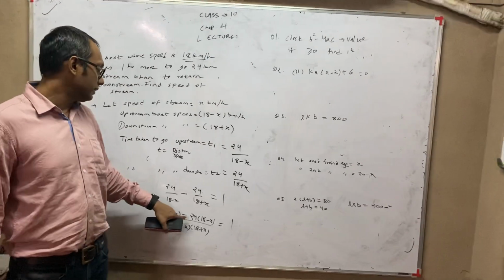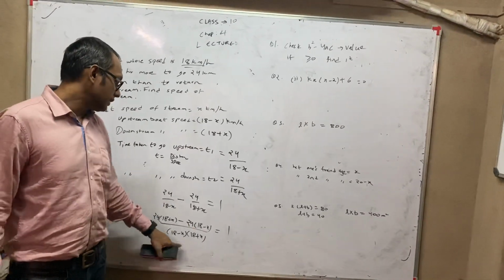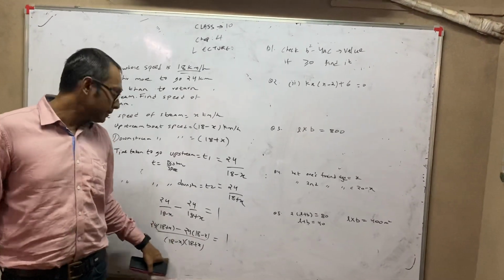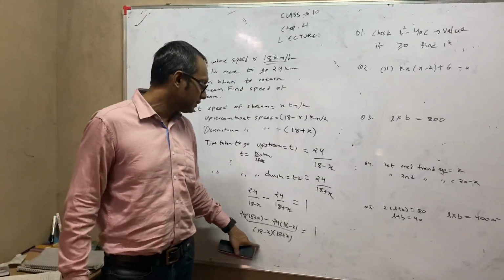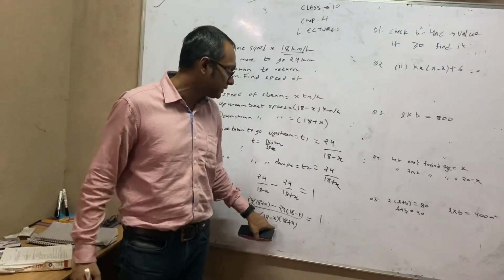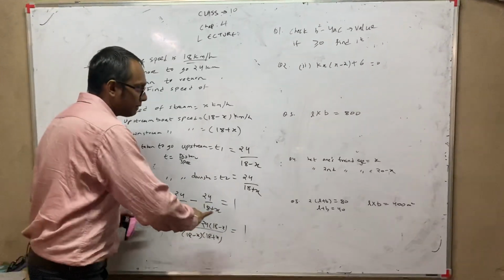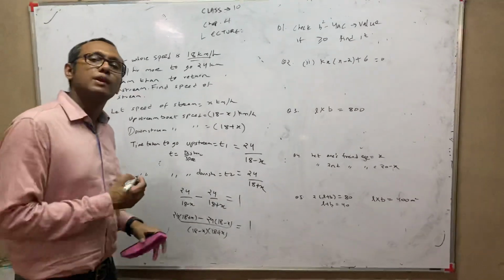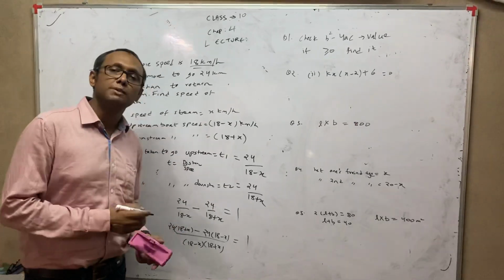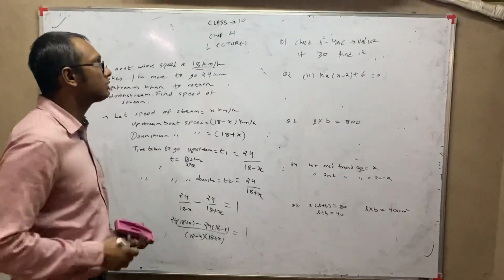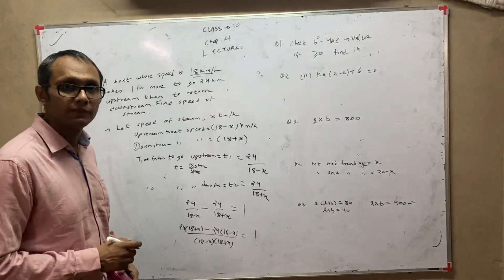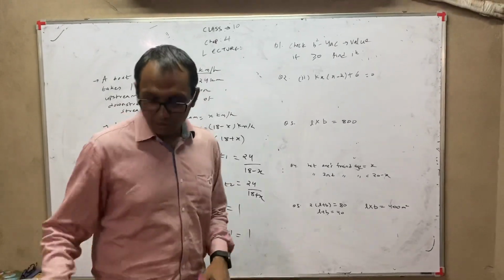Now do the calculations properly, keeping in mind the minus sign. Here also you can use the a minus b, a plus b identity, so the sum will be faster. Whatever term is there, you will take here and multiply by 1. In the end you will bring everything on one side and you will get a quadratic equation, which you can solve by any method. You know the formula also, and you can always do the split in the middle term. Okay, now we are moving ahead.